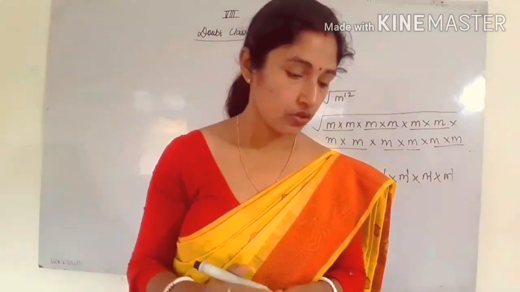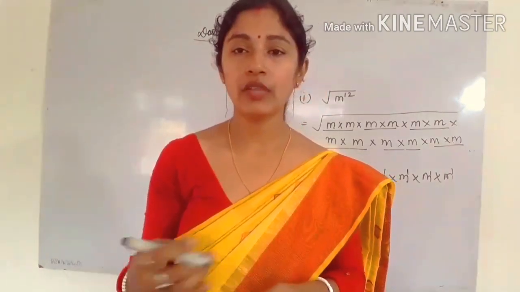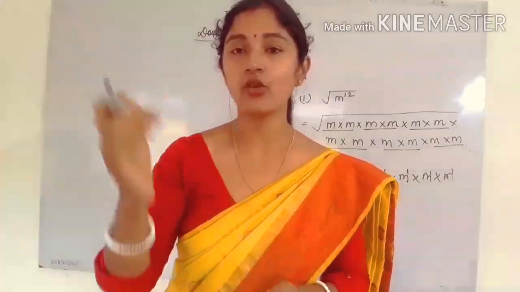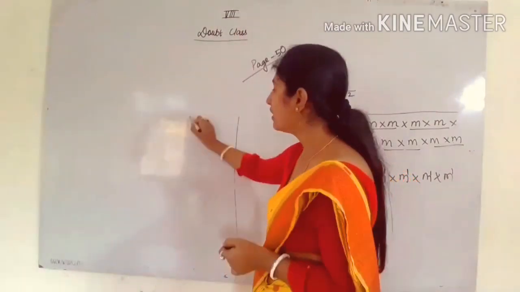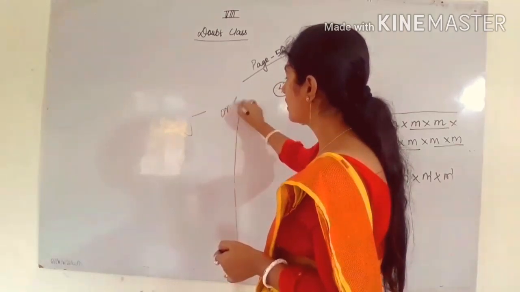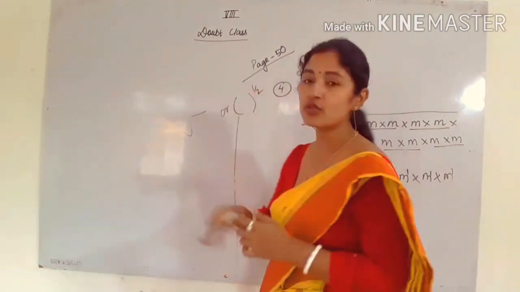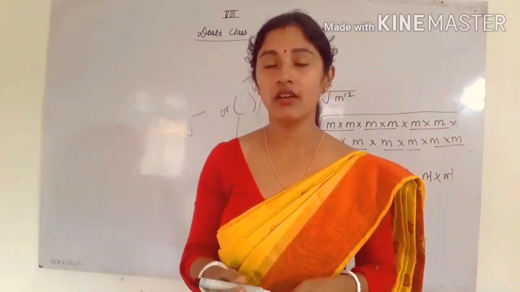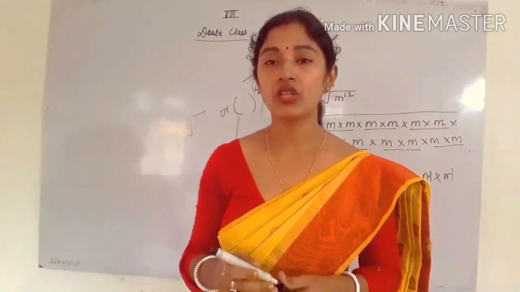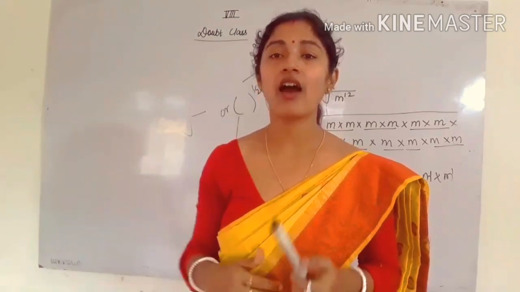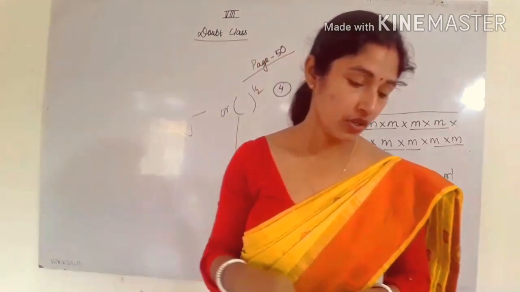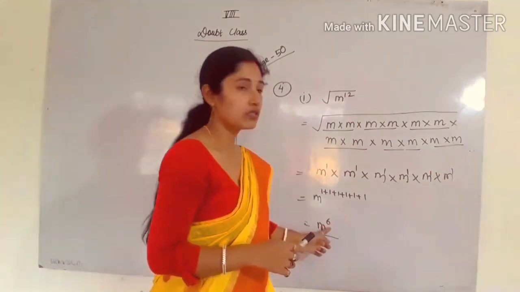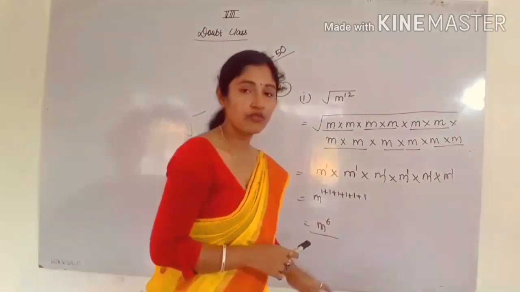Okay. So what is the meaning of square root? That means in power it is what? It is going half. That's why I told you earlier also. The meaning of square root is what? It can be written as, in power it is what? It is base. There is no change in base. What is the change in? It is change in power. Power will get half. Similarly, in question number 1, m to the power 12. Power is going half. Okay.